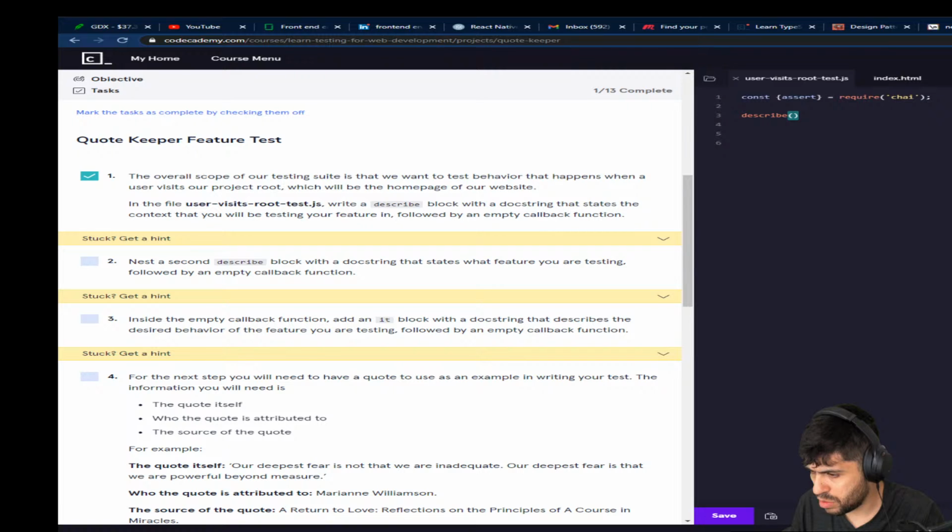Write a describe block with a doc string that states the context that you will be testing your function in. Okay, so the first describe block will be